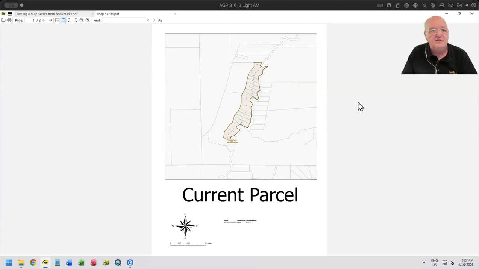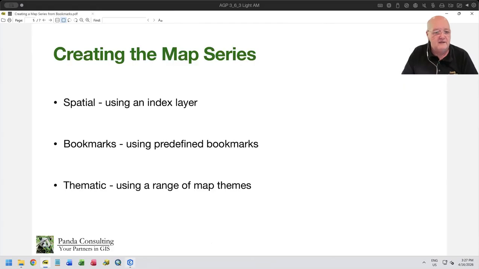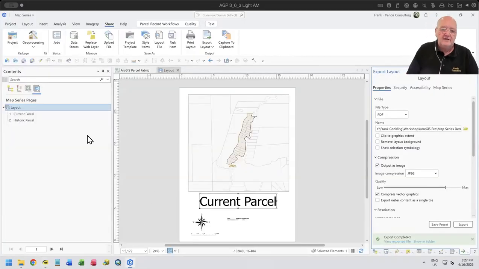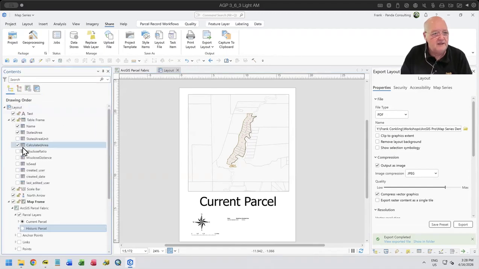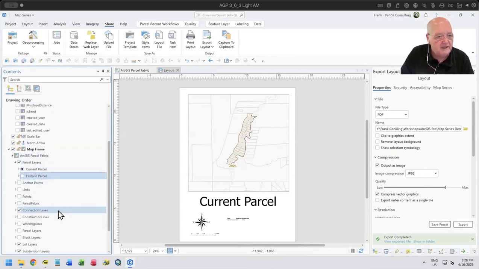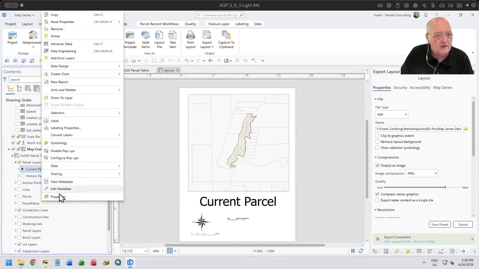There are some interesting things you can do with map series. And let's go back here. So one of the things we didn't talk about a whole lot was the ability to filter or limit what gets shown inside of that frame as you're going. If you have a map series, let's see if I can get in here and figure out where to do this. If I click here, there are in fact some elements in here where, let me see the properties, there's a place in which